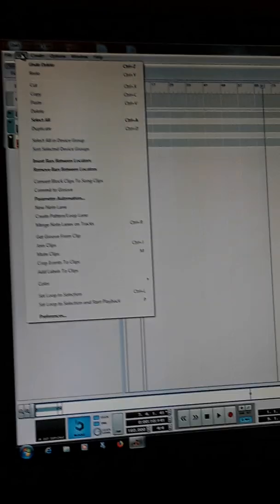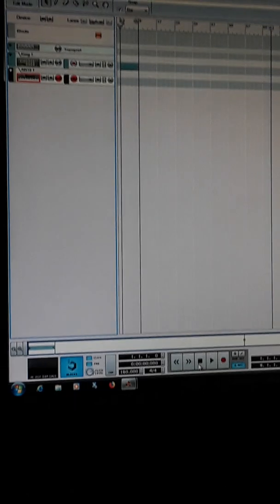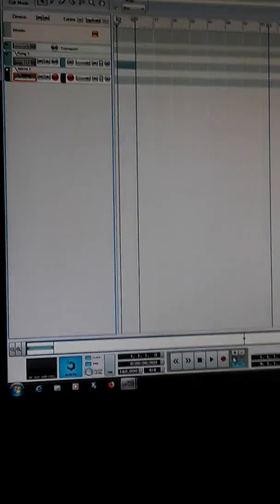Because if not, you have to hit the stop button a couple times and it'll bring it back. Oh, okay. So it takes it back to the beginning. Stop button twice brings it back to the beginning. Yeah. Okay. And then if you want to re-record, just